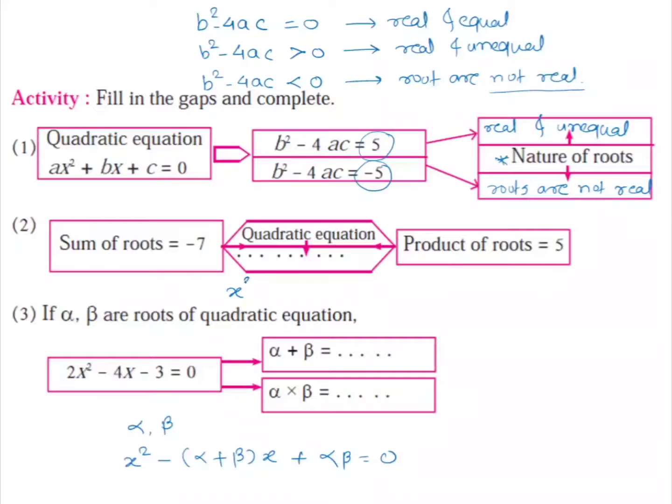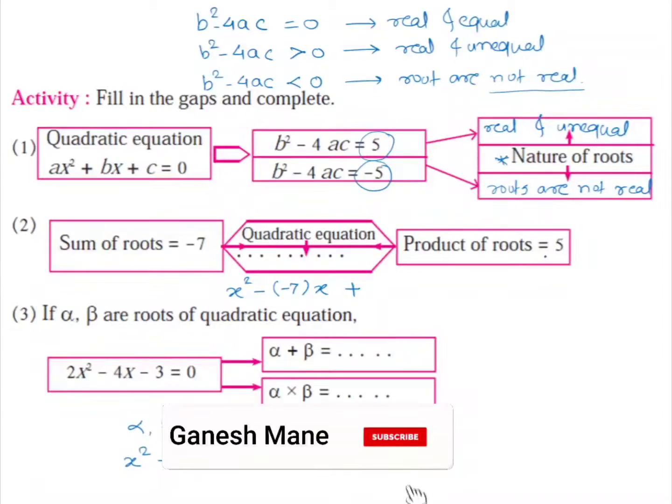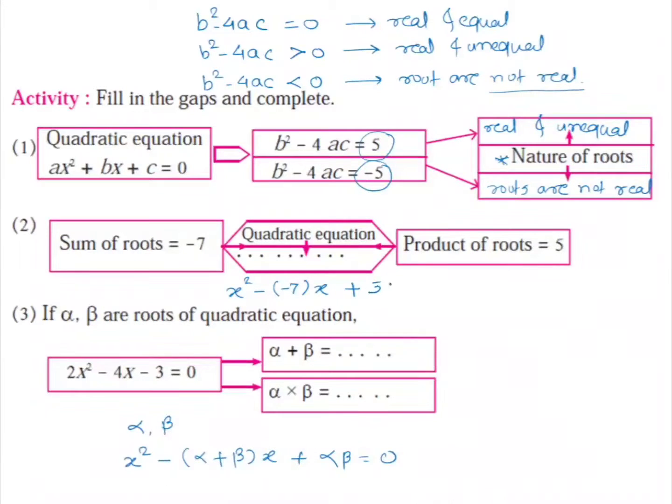So here the sum of the roots is given, so we should take x square as it is, minus the sum of the roots. The sum of the roots is minus 7, so we should replace alpha plus beta by minus 7, and take that in brackets. So minus (minus 7) into x plus alpha into beta, that is the product of the roots. The product of the roots is given to be 5, so we should write 5 here,